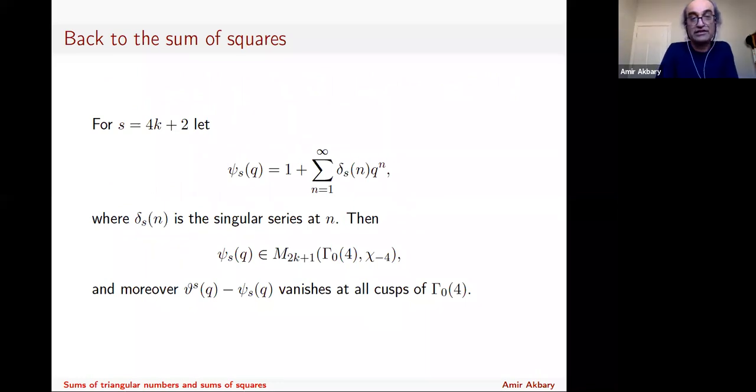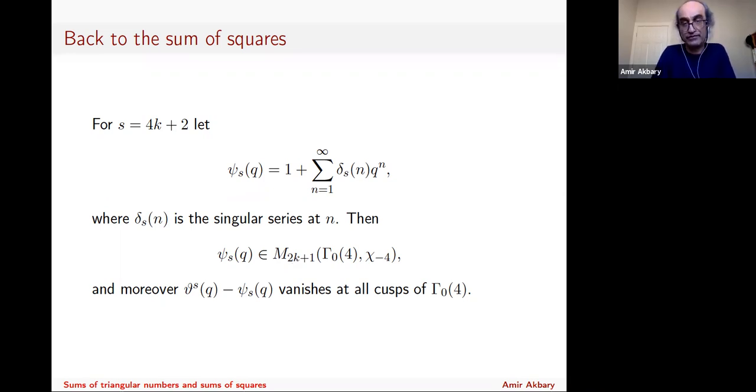And there is something more interesting here. If you consider this delta Sn, remember this delta Sn was the values of the singular series. If you consider the singular series, and you consider this infinite series and form this complex function, you call it sigma s of q, we can show that psi sq also is going to be in the same space. It's going to be a modular form of weight 2k plus 1, level 4, and character